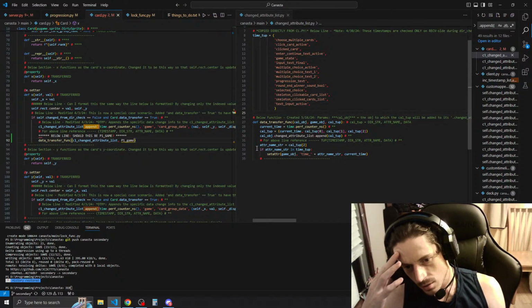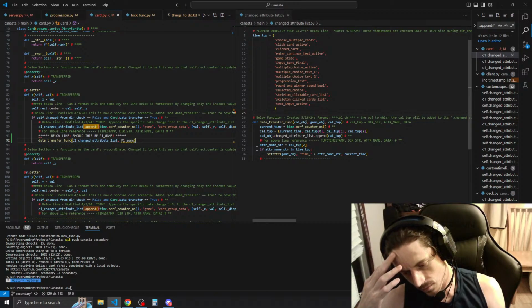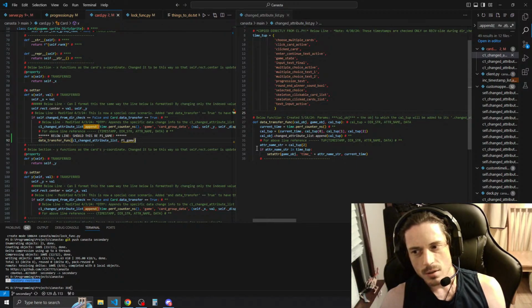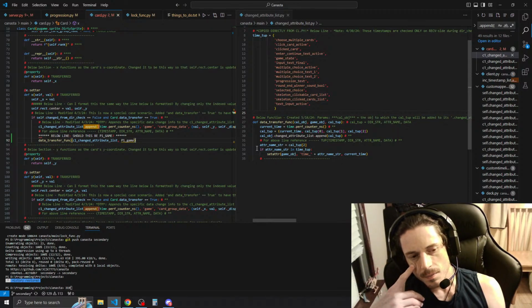If header name is in time tuple, set header game object. Because the time tuple is checked before it is, after it is received. So if we receive